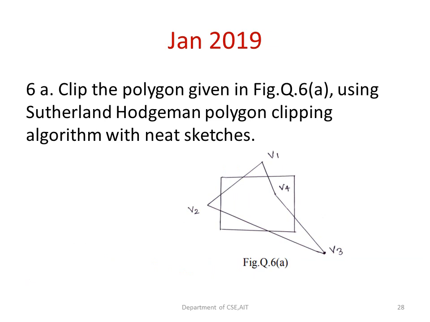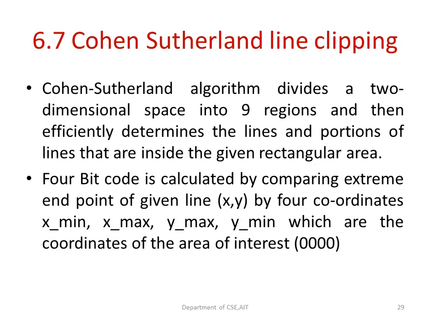By making use of the Sutherland-Hodgman polygon clipping, you can solve another problem from the VTU question paper. To solve this, first you mark all the points, and then you clip against all the 4 edges. Like what we have done in the previous case, you apply the 4 conditions one by one, make a table, and then you get the final polygon which will be clipped.